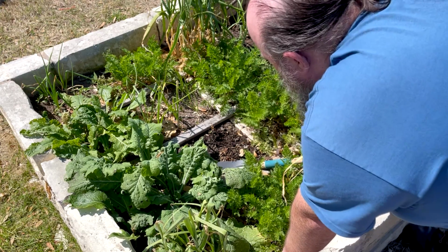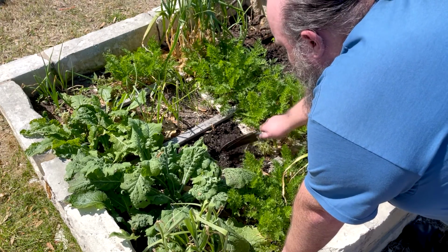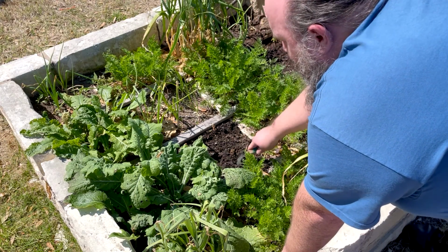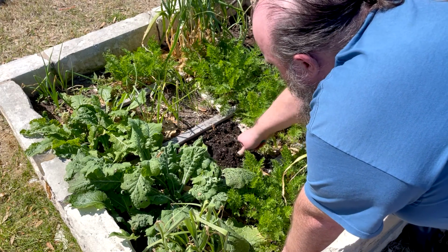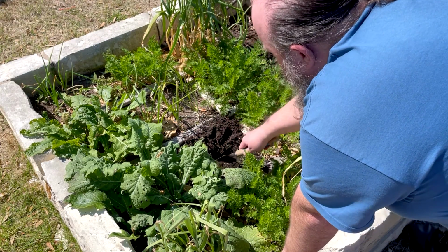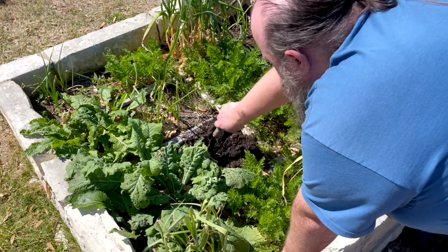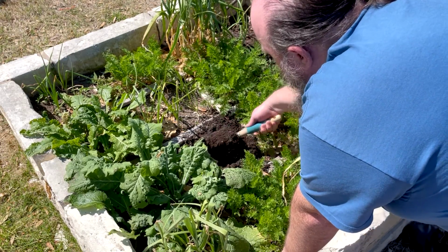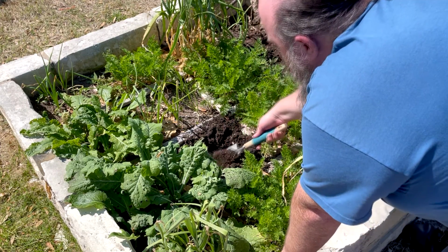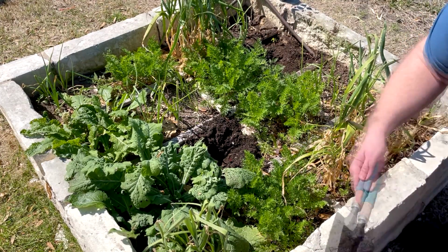They didn't come up very well this year, so I only lost a few instead of probably the 9 that would have normally been in this square. But we're just gonna dig out a little bit of an area here and actually add some of that soil over there, because I want to put a little scoop of compost in down